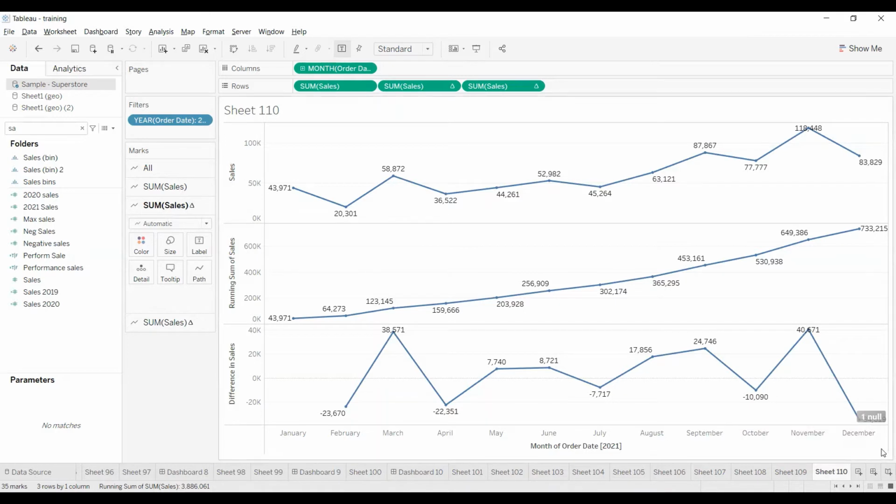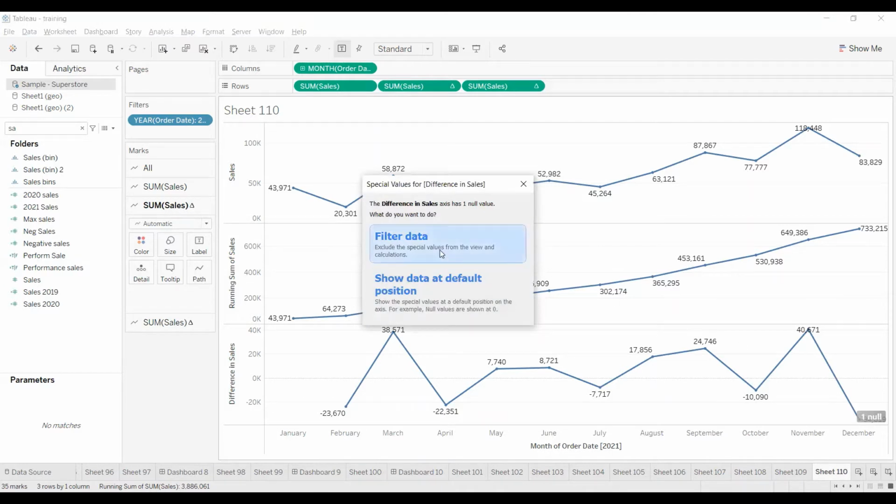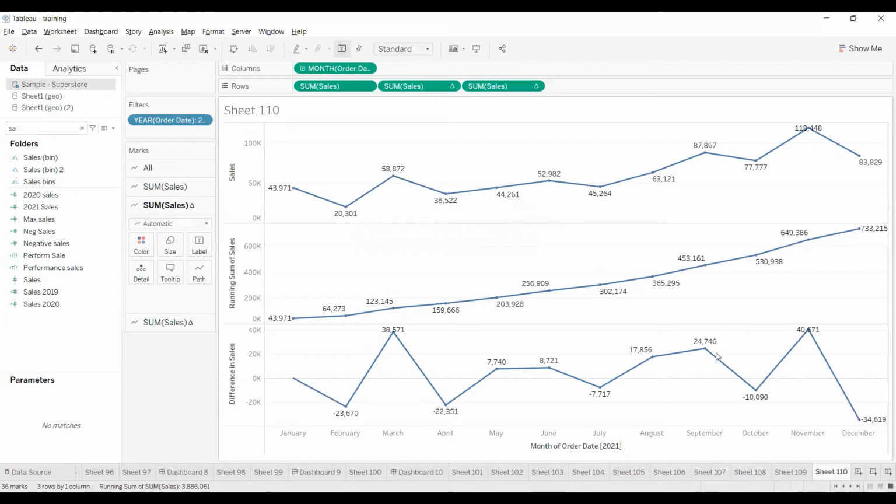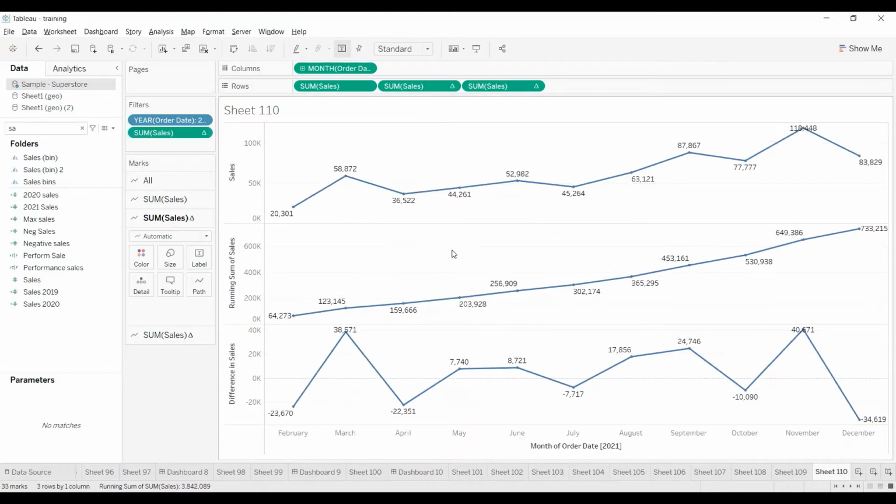Now, if you see here, there is one null, for the month of January, because we are not giving any calculation. If you want to filter it, just right click here, show data at default position, or you can double click to filter the data.